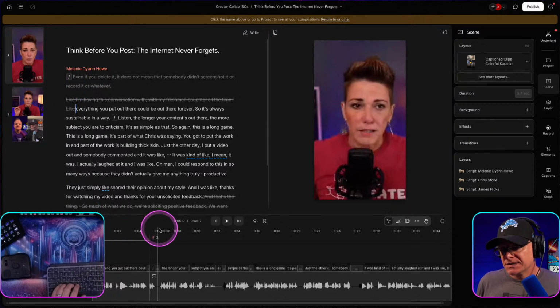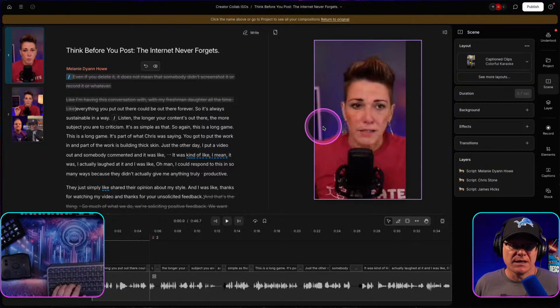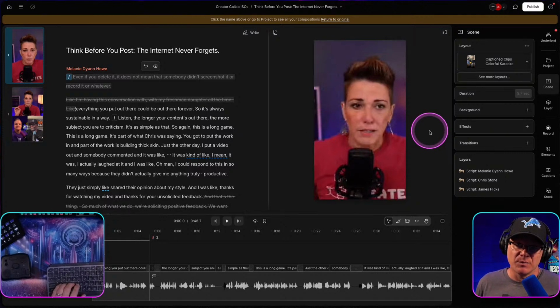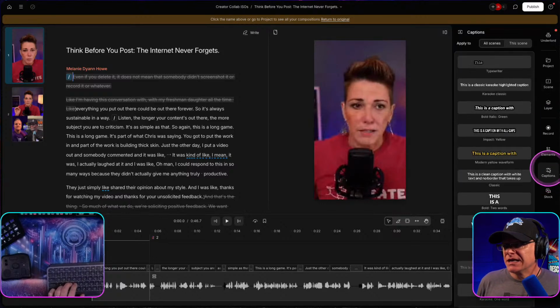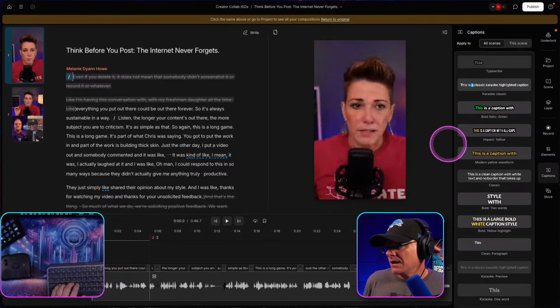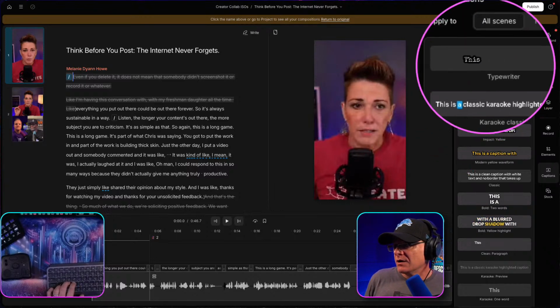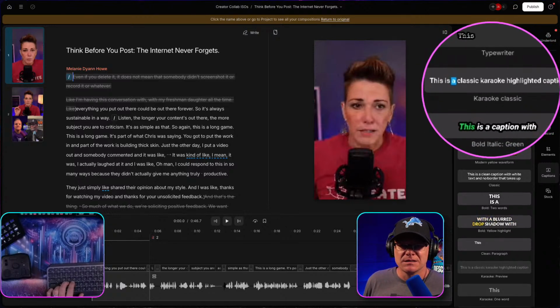And so at this point, we go to scene 1 here. We want to add some cool looking captions. And this is another really powerful part of Descript, which I love. So go down here to where it says captions, and they're going to give you some. I'm going to move myself here. Let me unlock myself off of my layer, and I'll move myself so you can see all of the examples that they give you. And some of them are basic typewriter. I think the Karaoke Classic is the